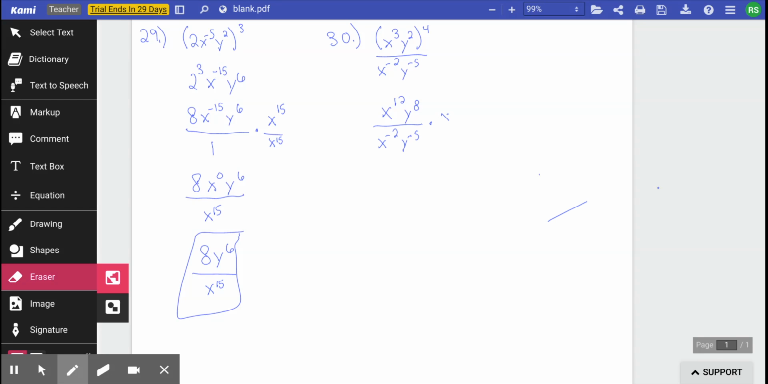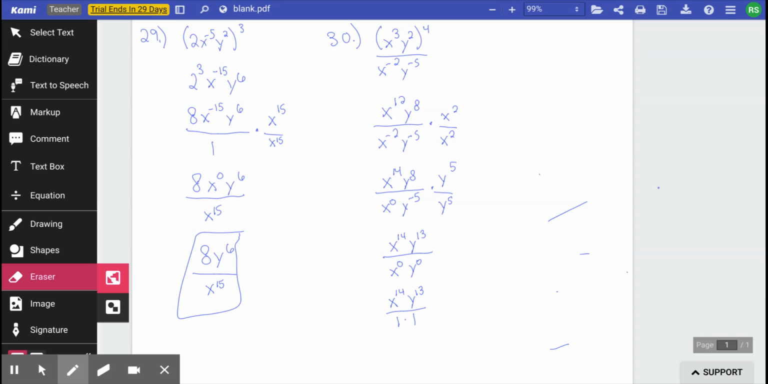So I'm going to multiply by x squared over x squared. In the numerator, we now have x to the 14th, y to the 8th, over x to the 0th, y to the negative fifth. Now if we multiply by another version of 1, y to the fifth over y to the fifth, we'll get x to the 14th, y to the 13th, over x to the 0th, y to the 0th. Well, anything to the 0th is 1, so we really have x to the 14th, y to the 13th,